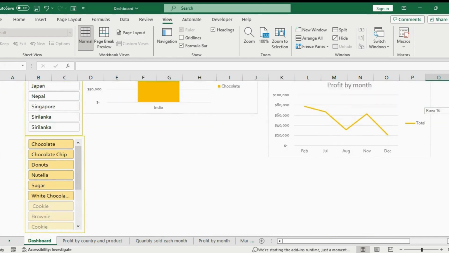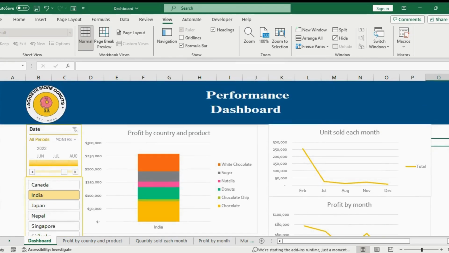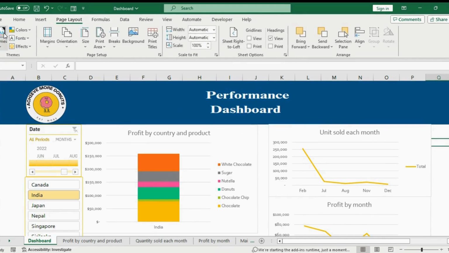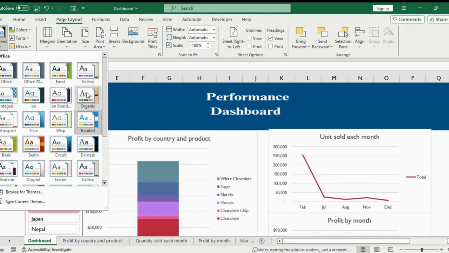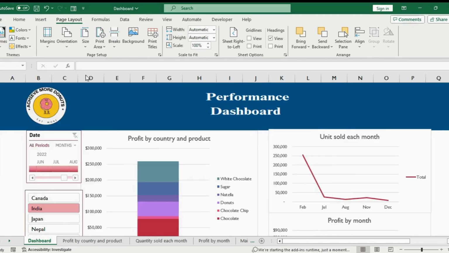This dashboard is now starting to look really nice, but maybe the color scheme doesn't match your organization. Well, that's not a problem. We can also change that. Up on top with the top tabs, click on the one titled Page Layout. And over on the left hand side, you can choose from all of these different themes, and that will apply